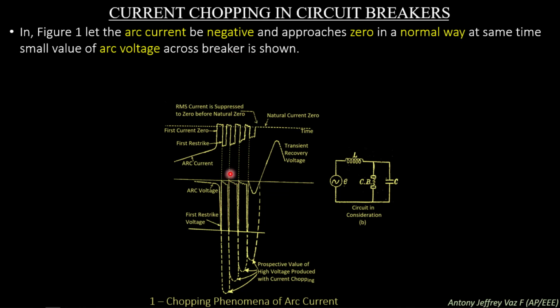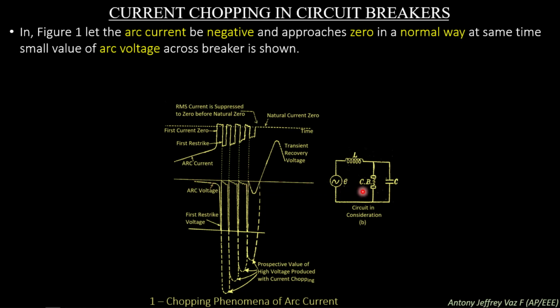If you see this figure, you can see the R current is approaching towards 0. It is in a negative value and approaching the 0 position. Similarly, in the below graph you can see the arc voltage